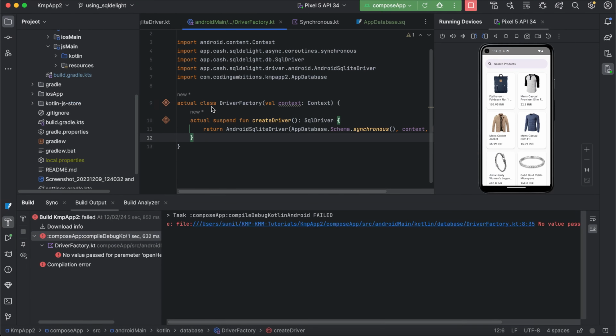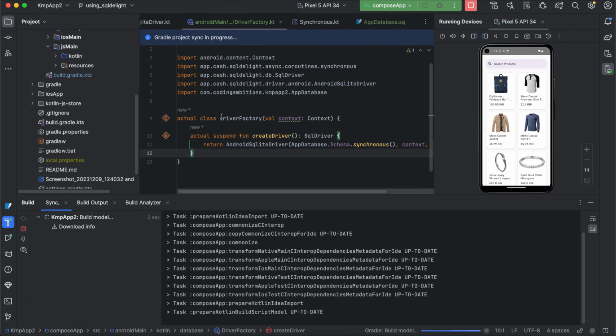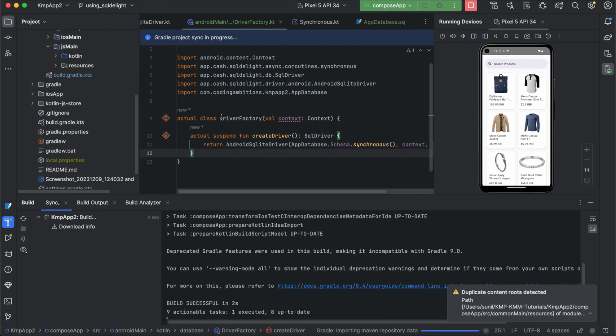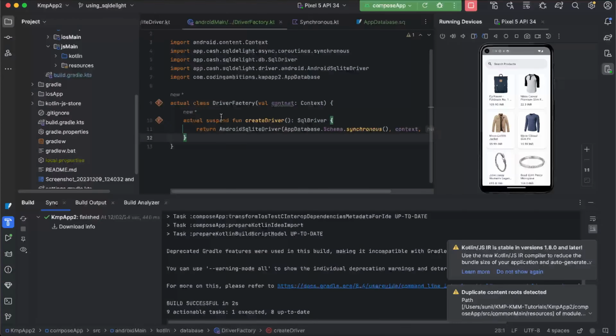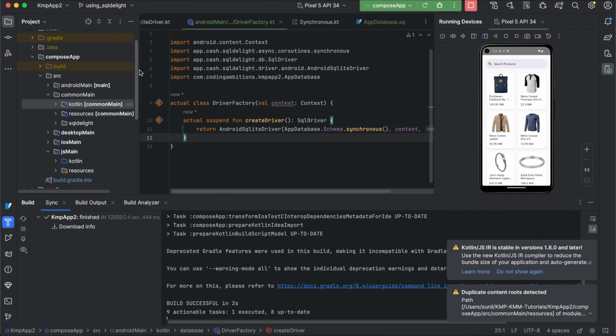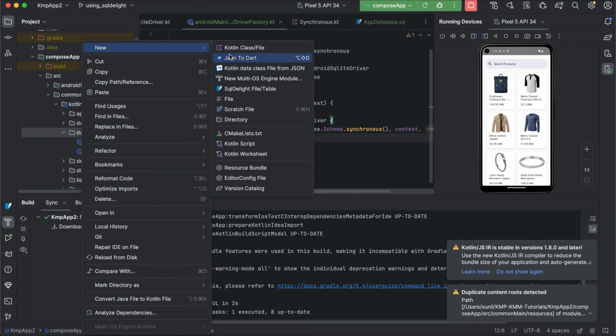Let's sync it. And now let's move on to the next part where we'll be creating the database class. Okay. And after the database class, we will be adding a few data sources as well. I'll be explaining that point to you. So let's create the database class now. Okay. So let's go here, database. Let's create one class,